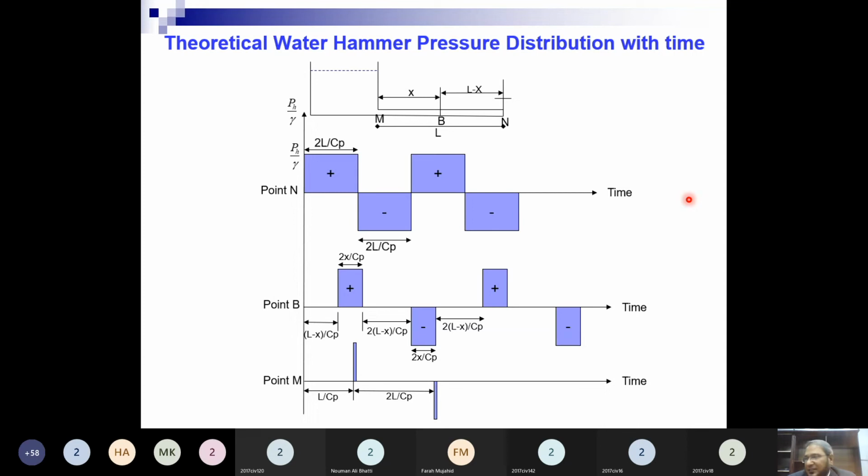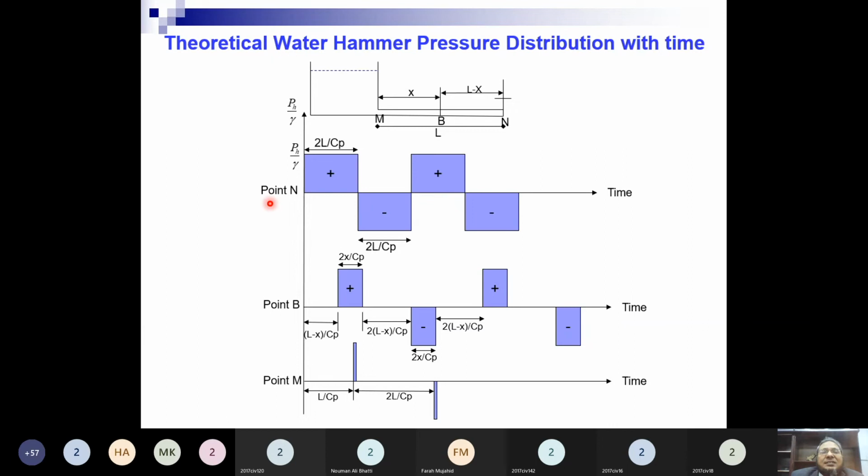Do you have any question in this diagram? Shall we move ahead? पॉजिटिव और नेगेटिव प्रेशर का मैग्नीट्यूड सेम है? Yes, same है। Theoretically it is same. जितना पॉजिटिव प्रेशर डेवलप होता है, इट्स मैग्नीट्यूड इज सेम नेगेटिव होगा। नेगेटिव मींस सक्शन प्रेशर।